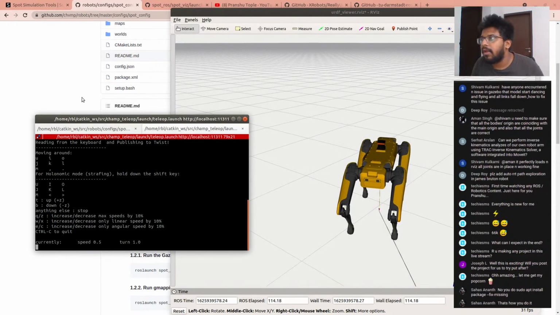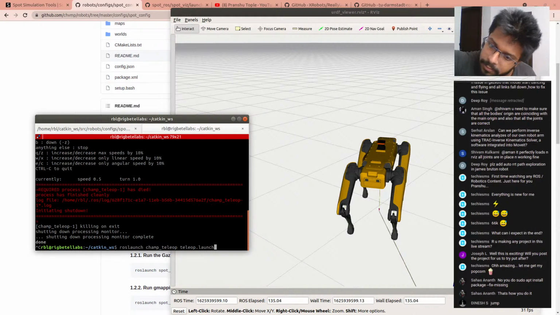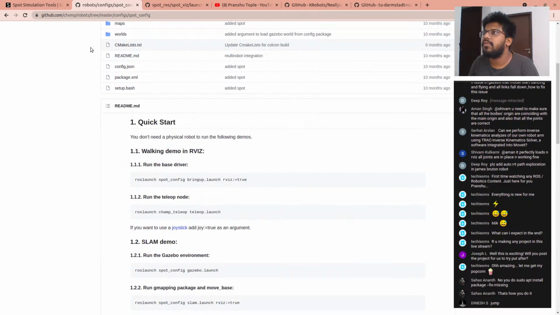Got it? Now I will show you one interesting thing. I will close this thing and we can add a parameter in front of it. So right now I have this joystick controller. I will connect it to my PC right now. Just a minute. We will control this robot using our joystick. If I turn it on, yeah, it is connected. And if we go over to here,